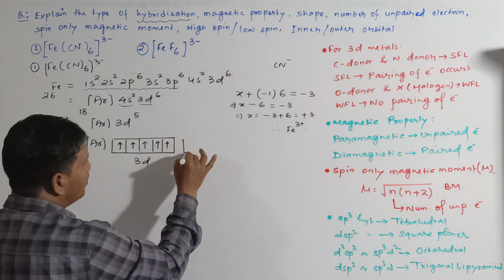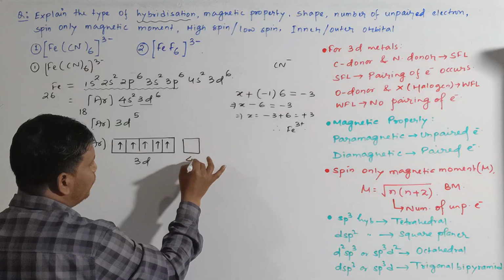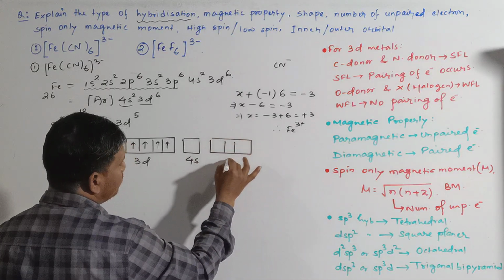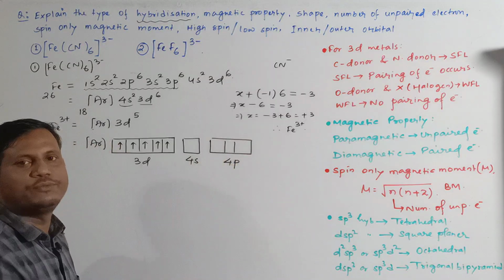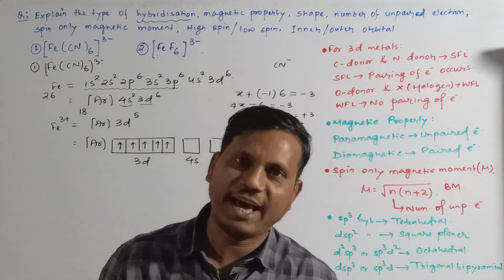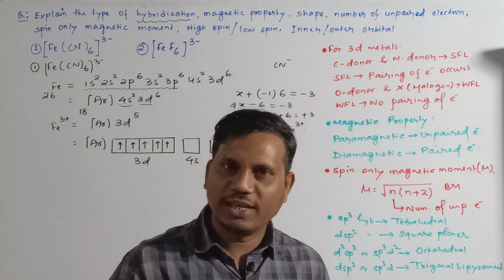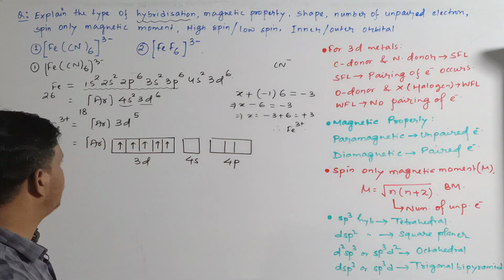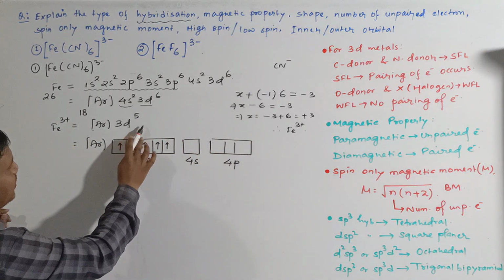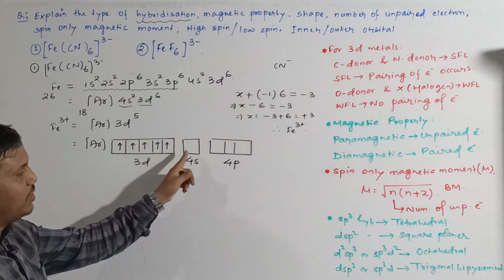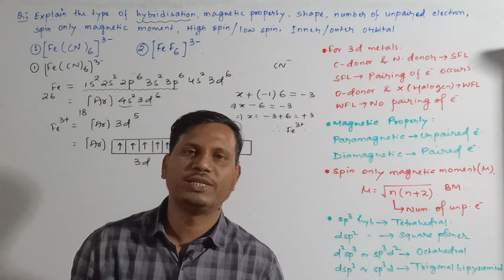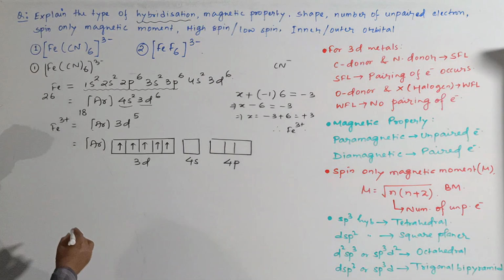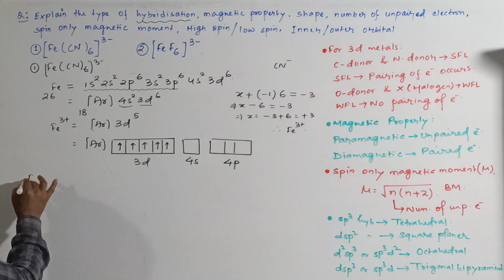After 3d, we have to write 4s and 4p. This is 4s and 4p. In every question for finding the hybridization for the elements with atomic number 21 to 30, 4s and 4p are not filled here, so these boxes, meaning orbitals, will remain empty. After this, we will write the complex. So the complex is